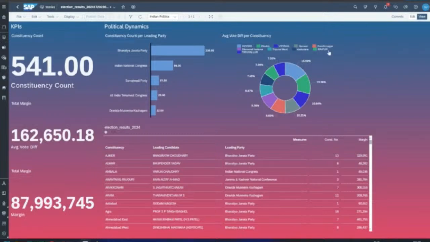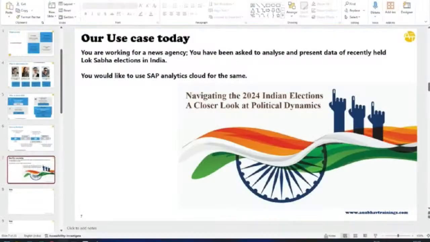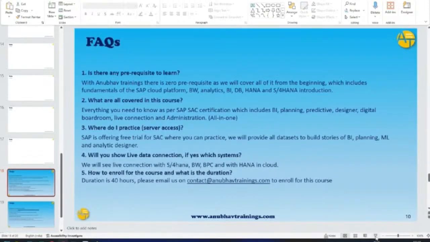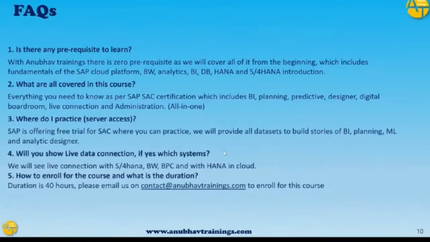All right, so let's move on to some of the FAQs asked by all of you in the past, as we are conducting a lot of training sessions on SAC across different platforms. So first question, is there any prerequisite to learn? With Anubhav trainings, there is zero prerequisite, as we will cover all of it from the beginning.